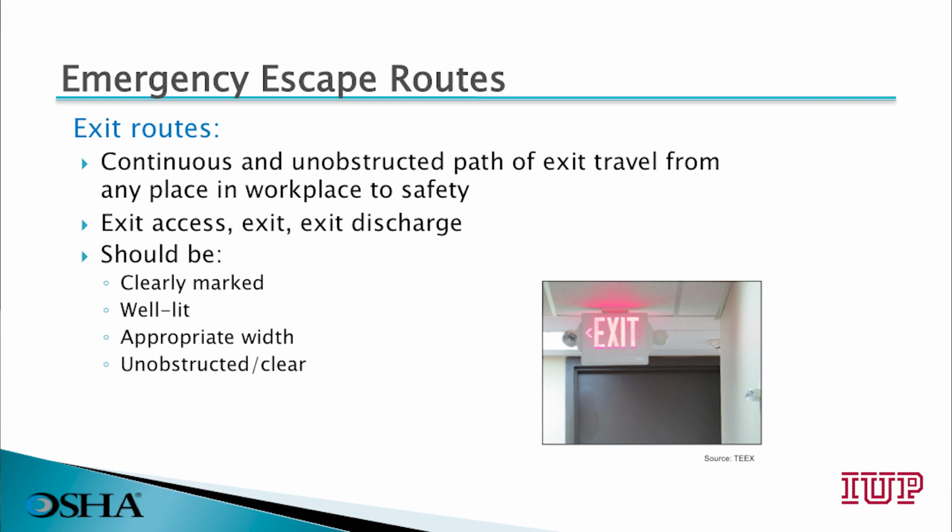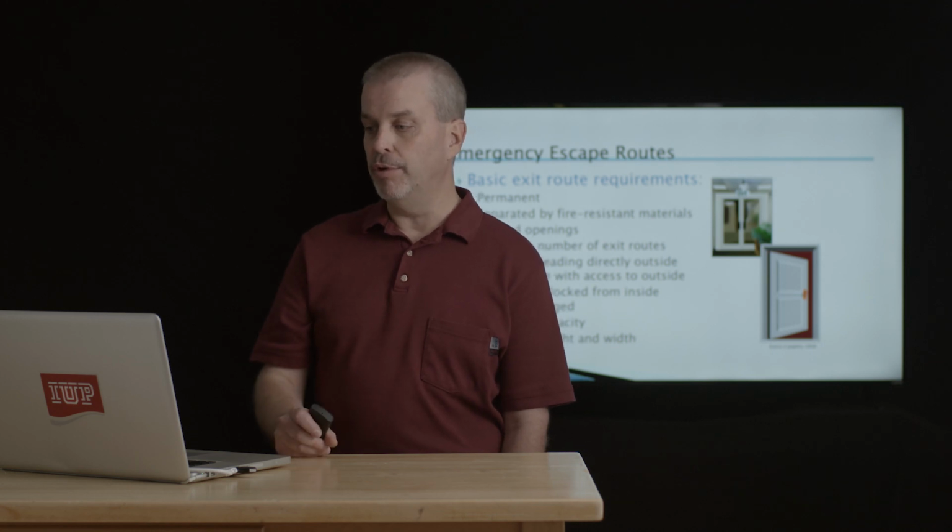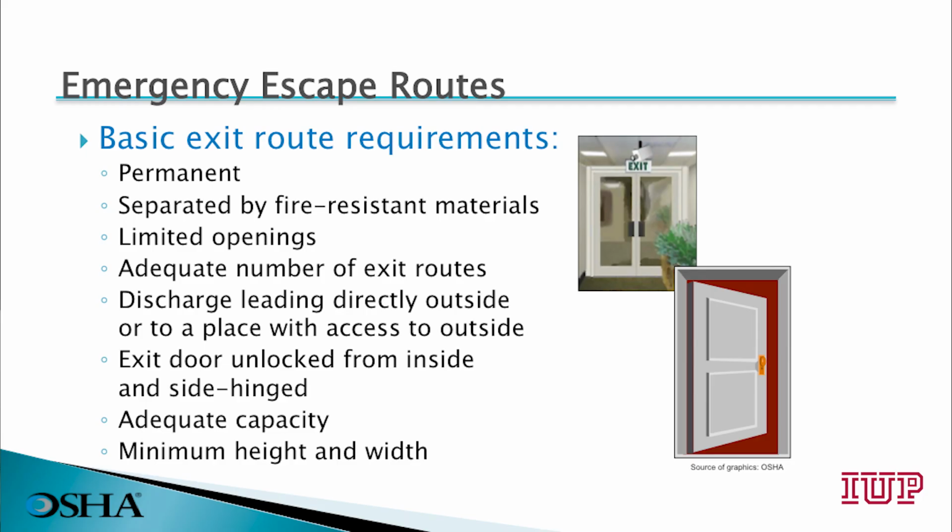Exit routes. Exit routes need to be continuous and unobstructed for the entire path. That includes the access, the exit, and the exit discharge to outside our workplace. They need to be clearly marked. Exits and exit paths need to be well lit. They need to be wide enough and unobstructed. So the basic exit route requirements include that they are permanent, that they're separated by fire-resistant materials, that there's limited openings, that there's an adequate number of exit routes available in our workplace,